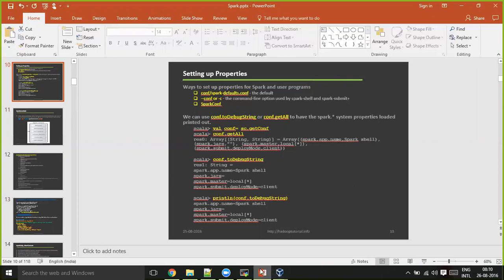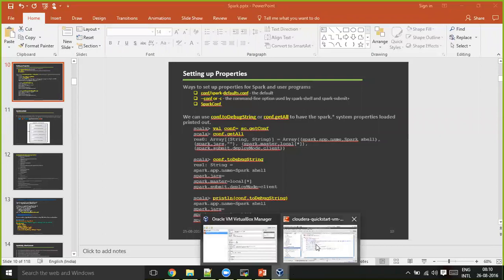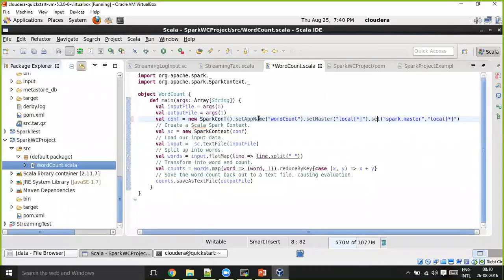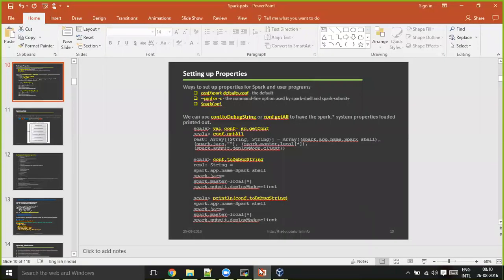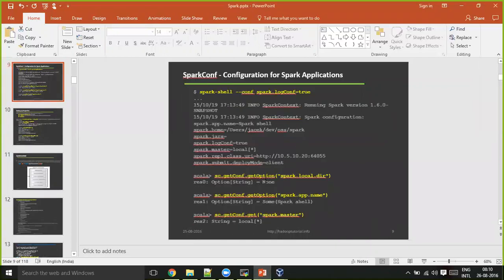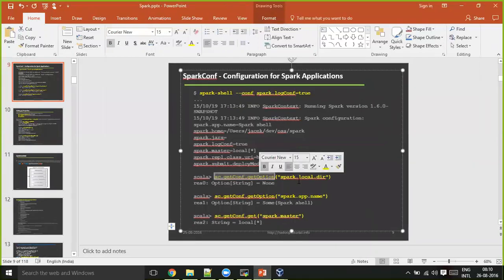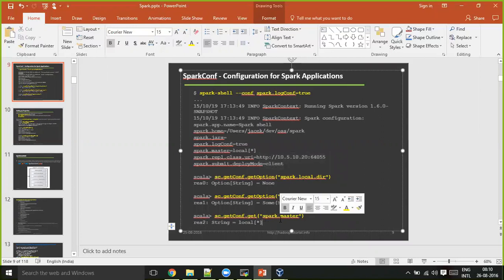Okay. So I was telling that, same way, get on the conf object is used to get the property. Similarly, as you have seen in the previous slide, either you use getOption and specify the property name, or just get and specify the property name. getOption is applicable for data types.